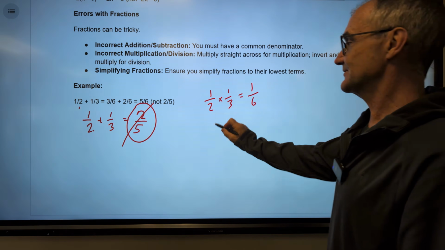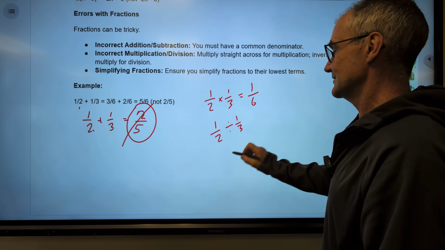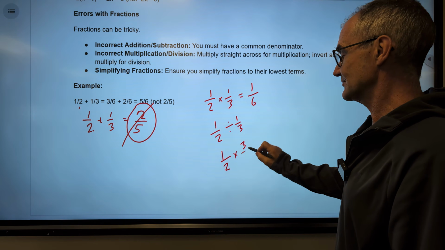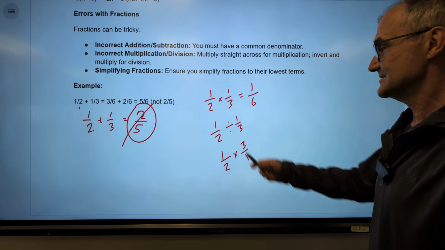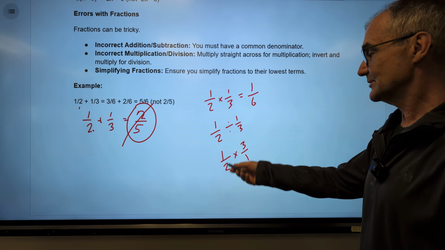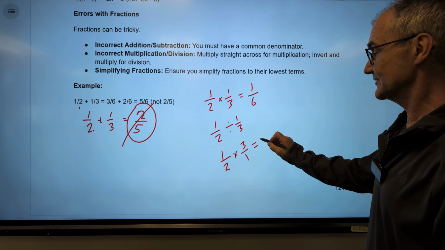Division, there's a trick. If I have 1/2 divided by 1/3, remember I've got to flip this. 1/2 times 3/1. The way I divide fractions, multiply by the reciprocal. So it'd be easy to get 1/6 here too. That would be a distractor answer, but you've got to do it this way. You multiply across the top, across the bottom to get